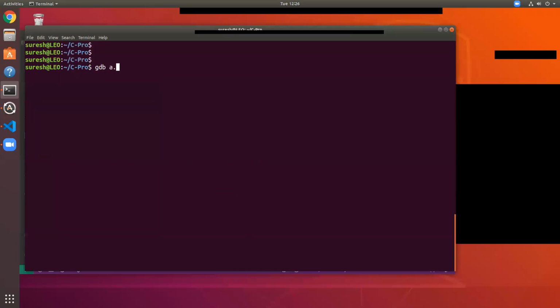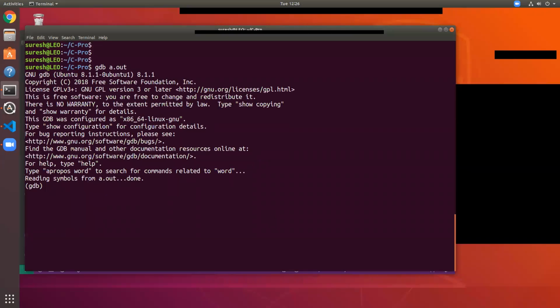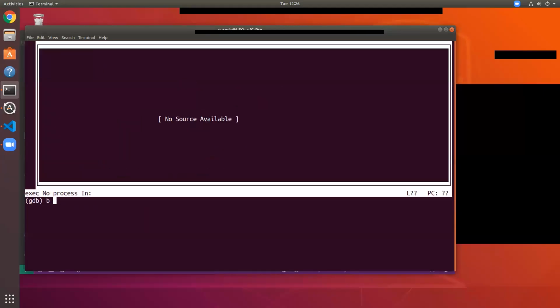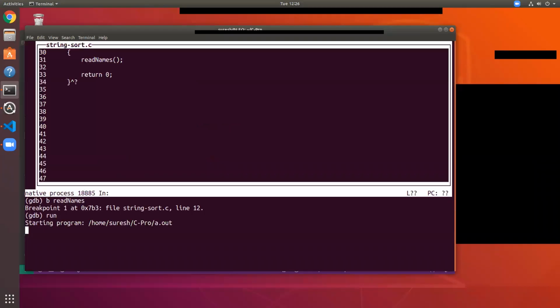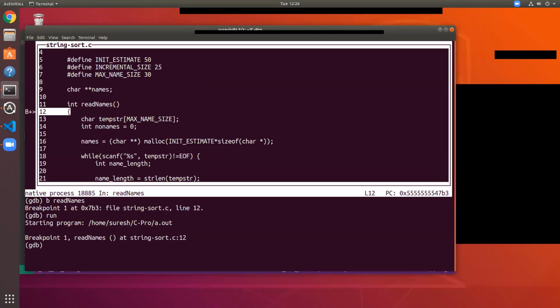So in GDB, we enable a breakpoint, read names, run. Okay, now we are here. So now if you look at print names,